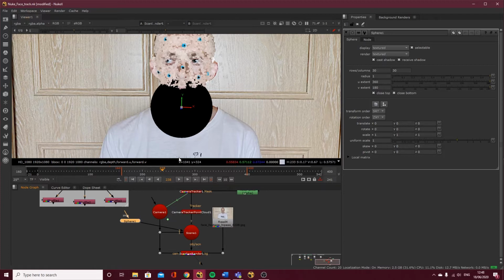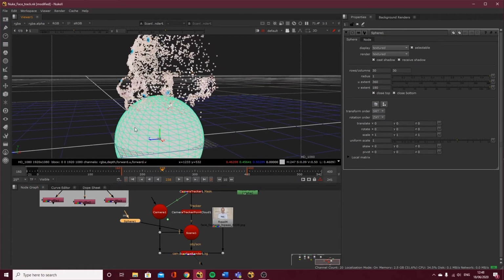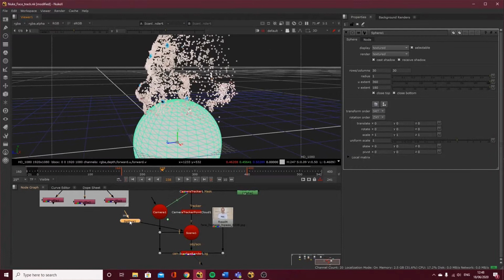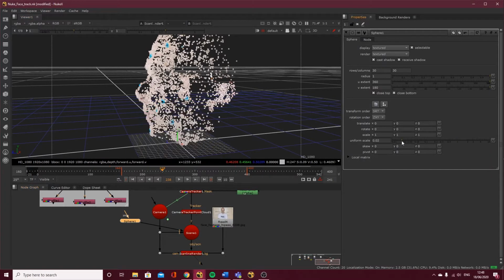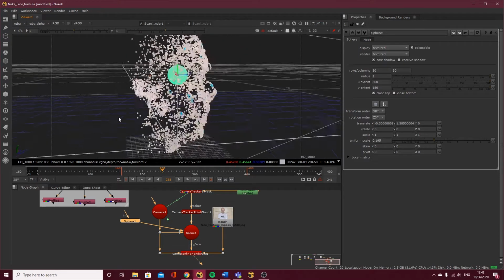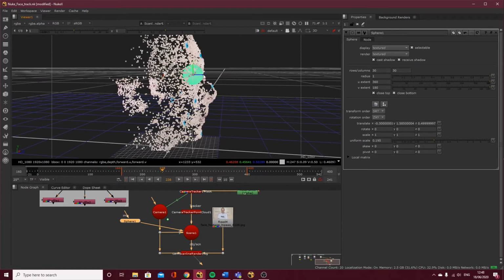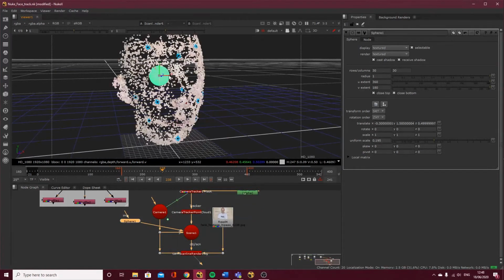So if I hit tab on the keyboard, what I want to do is line this up with the eye holes, okay? On my sphere, I'm going to turn the uniform scale to like 0.1, I think, something around there. Yeah, 0.2, that'll do. Then I can use this little gizmo, these little X, Y, and Z lines, to move it up, and let's move it across. And I'm going to move this forward to where the eye would be, roundabout here. Okay, so that's that one set up.